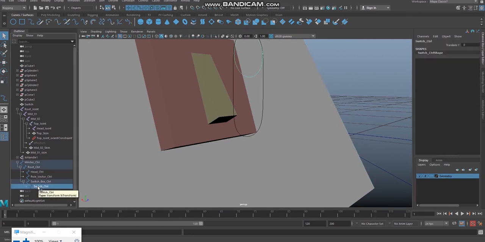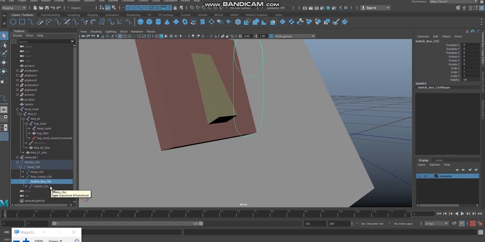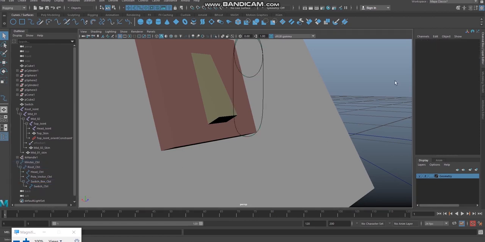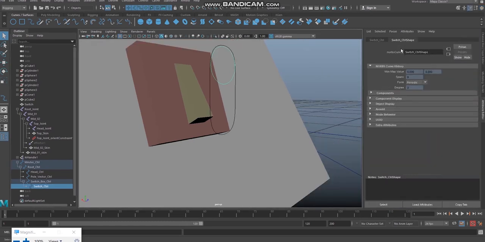I'm going to the outliner. Here it is hidden, it became reference, so I'm selecting it, switch box control. Under that is the switch control, because the switch control should be accessible, only then we can translate up and down in the y axis to turn the switch on. Select the switch control, again control A, attribute editor, come to switch control.